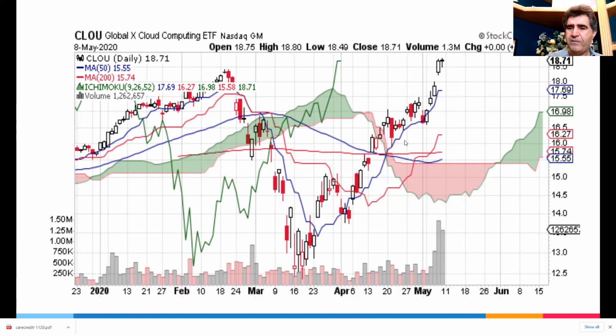Now, this is our turning line, which is in blue. This is from stockcharts.com, which is a free service, and it is a great charting tool. They do have the Ichimoku Clouds. This is the full Ichimoku Cloud